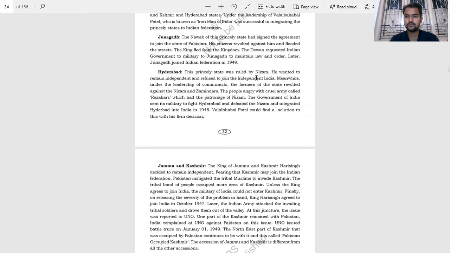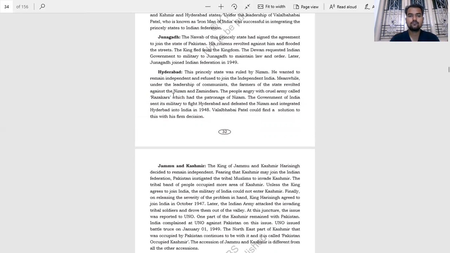And as I told you, he was the richest man and he had a lot of wealth. Another point is he had an army, the Razakars army, which was a very cruel army. So with the help of these Razakars, he wanted to be with Pakistan,